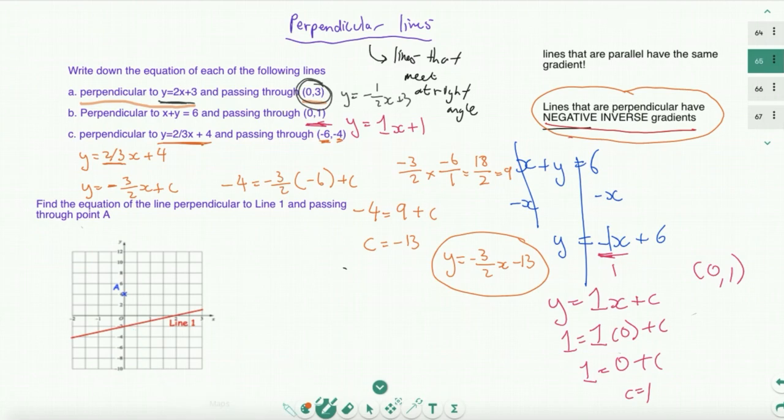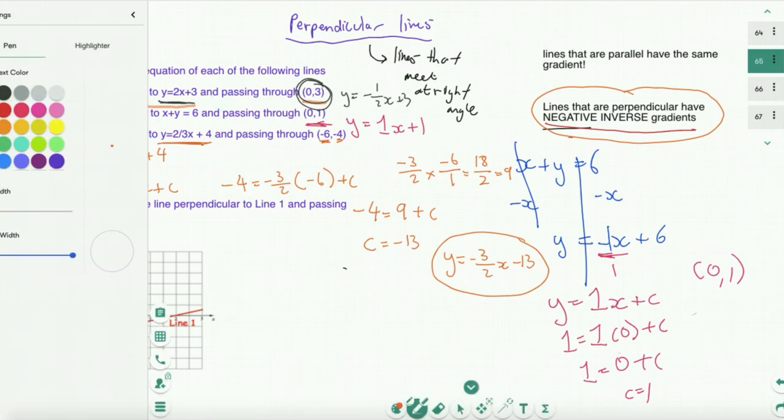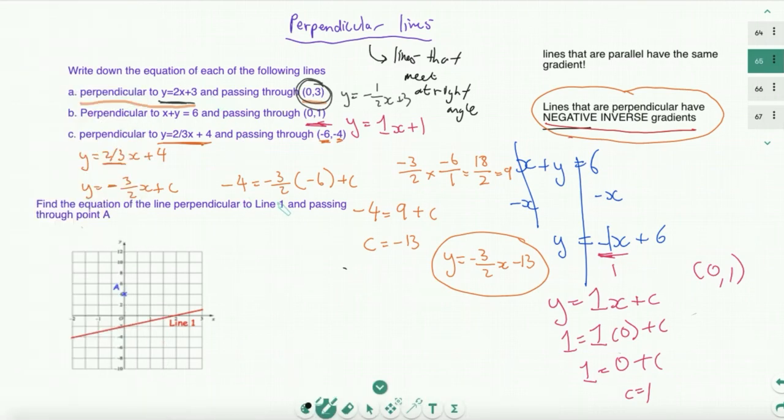Find the equation of the line perpendicular to line 1 and passing through point A. So basically our line is going to be perpendicular to line 1 and it's passing through point A. So it's going to look something like this. They meet at a right angle. So it's just a bit of a sketch. So before I can find the black line, which is my goal, let's find the equation of line